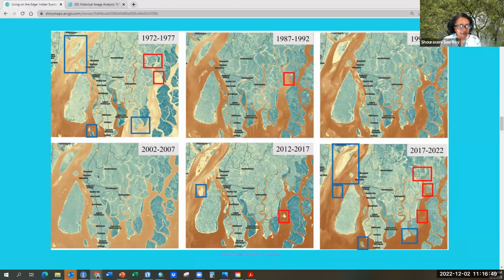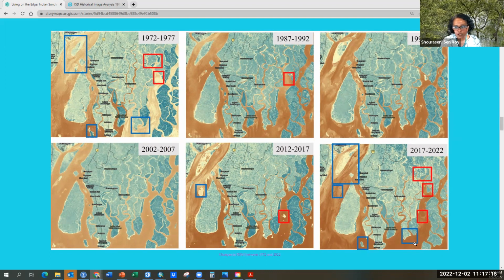But more noticeable is this area here. These are the two islands I was mentioning before. This is Koramara, this is Lohachara. Lohachara is no longer there, and Koramara has become uninhabited. There are other islands too. For instance, this particular island, Jambu Deep, was a lot bigger before.